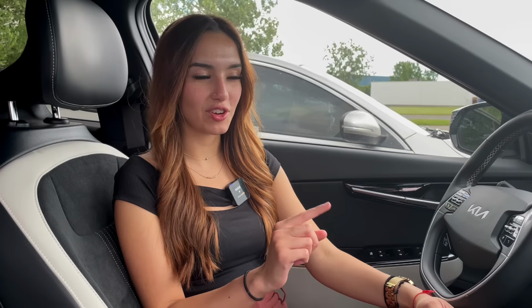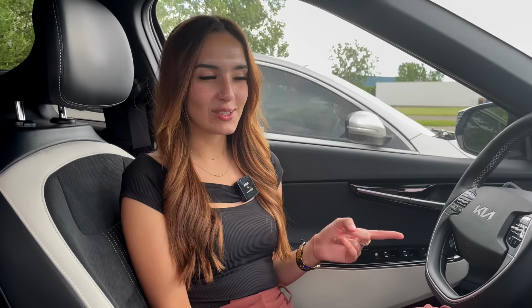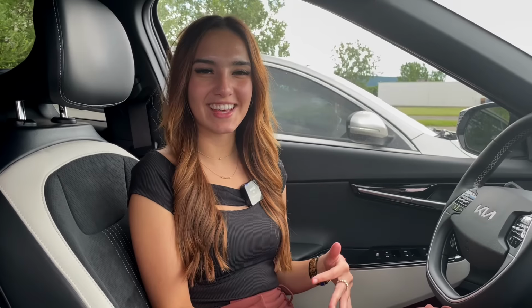This one's going to be for the Smart Park Assist on the newer Kia and Hyundai models. So today we're in the EV6 GT line package 2, and I'm going to be showing you how you can have the car park itself from sitting inside or from standing outside. So it's a pretty cool feature. Some of it is questionable, I have to say, but I think the interior parking is really nifty and really